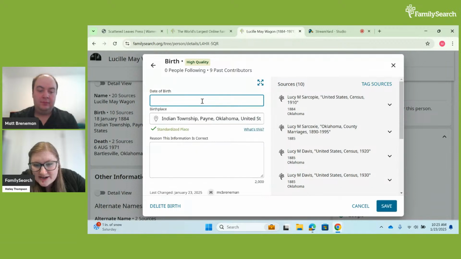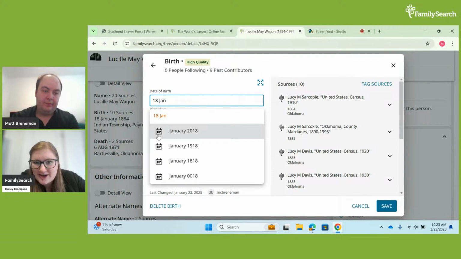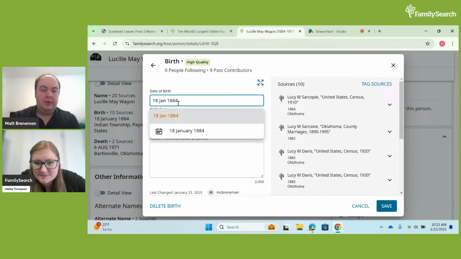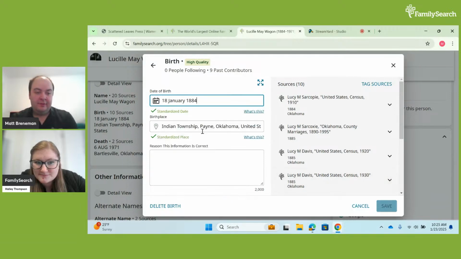Yeah, so seeing how you've got that drop down as you're putting things in, it gives that little gray calendar icon. I think that's what Joyce was referring to for being able to get that standardized option, or it'll just keep whatever you wrote. Yeah. So yeah, and you can just press on the calendar right there and it will save.